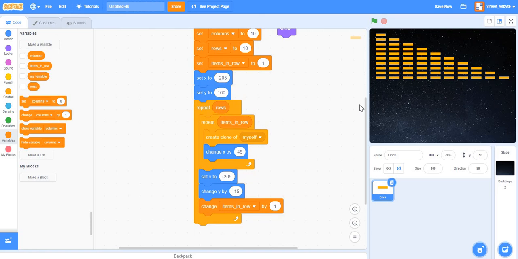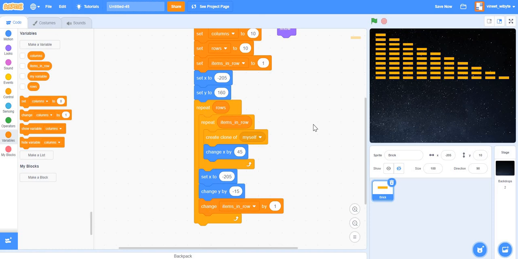Now let's say I will modify this code even more to get a different effect where, let's say I want 10 sprites on the first row, 9 on the second row, 8 on the third row, and so on and so forth, right? It's kind of like a mirror image across the horizontal line of this thing, right?